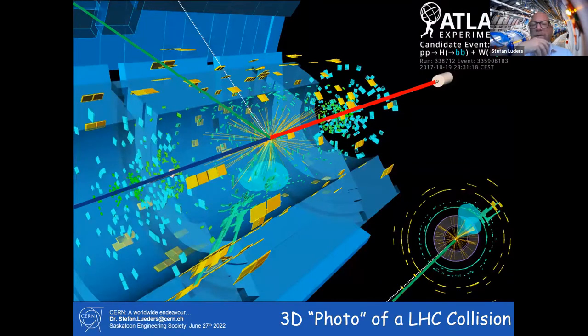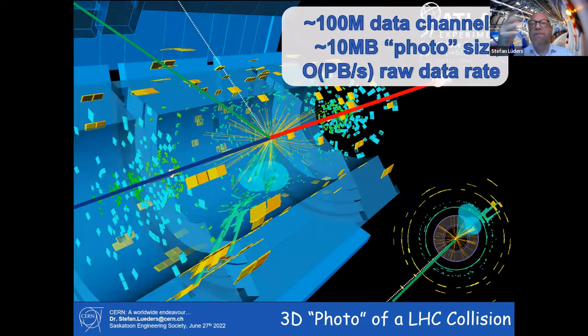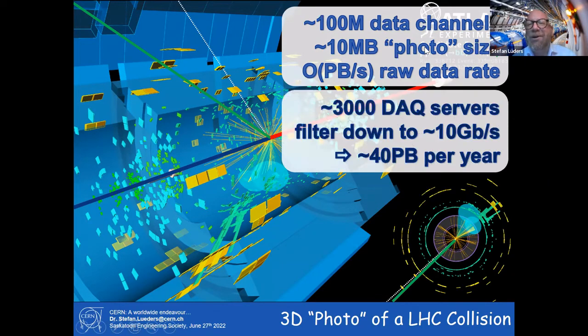This is a 3D picture of such collisions. And if you look at the numbers, we have something like, I can't read my own numbers because Zoom is in the way. Or I don't even know, you see it, I can't see it, sorry. Is it 40,000 data channels? I'm lost here. But more or less what we produce is 1 petabyte of raw data, which we cannot store, because 1 petabyte is 1,000 terabytes. So this is 1,000 hard disks a second. We just can't store this.